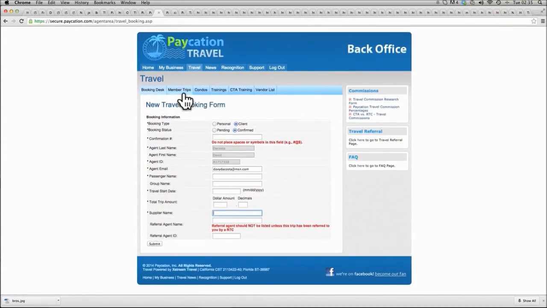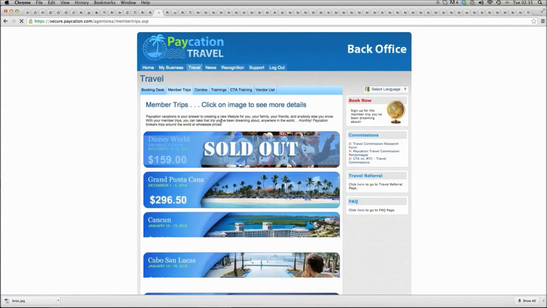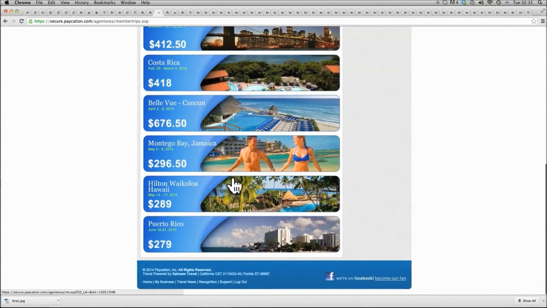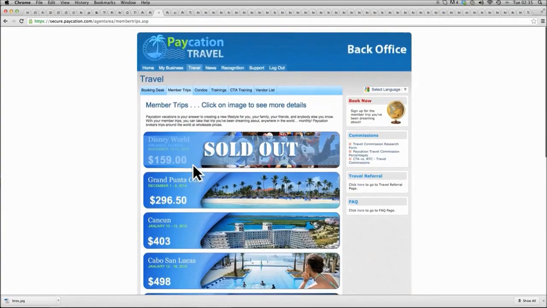So I'm going to now look again at the member trips, as we saw before. Different trips which are set, the date has already set, and you can just click those and go through and book those. Condos,